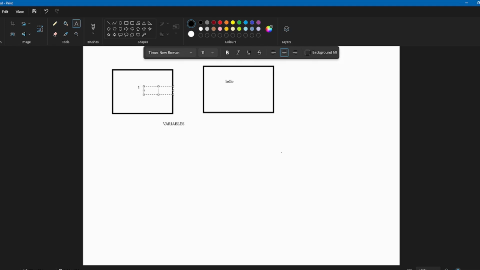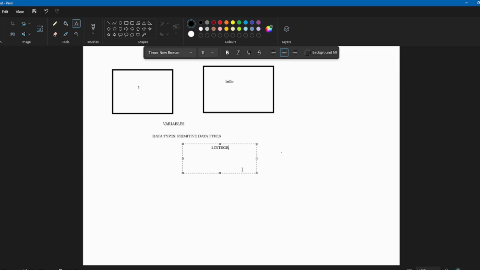Now first let us know what primitive data types are. This primitive data type has four categories.